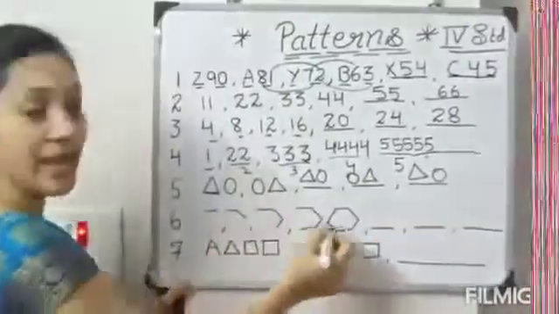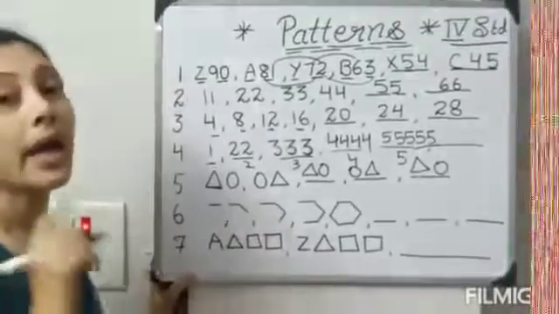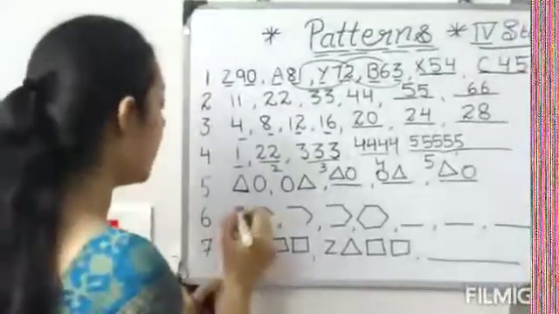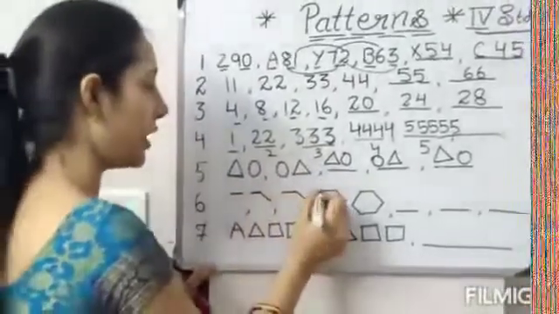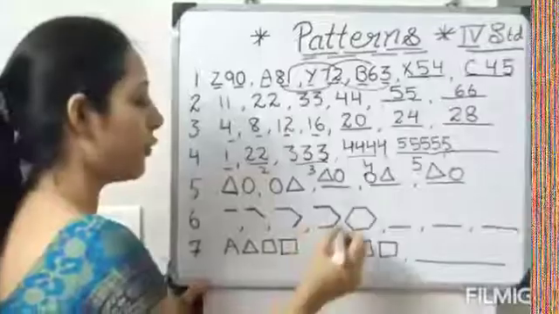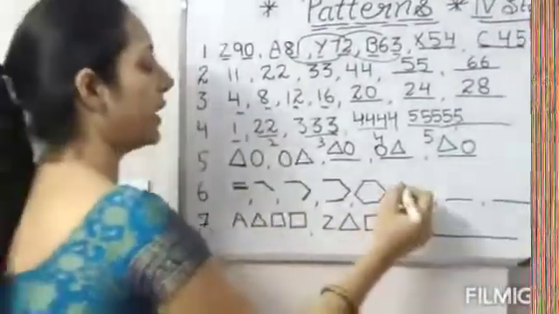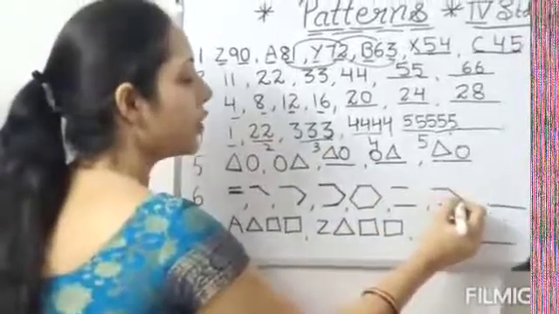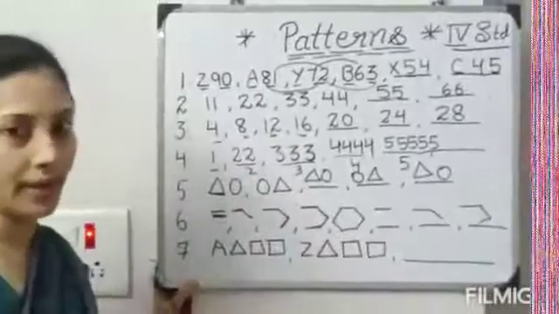Now what is given? Shape. What is this shape, students? Hexagon. See, first a line, then they have increased to 2, then increased to 3, then increased to 4, like that a full shape. So, you have to start from here again, 1, 2, 3, like that you have to end it.